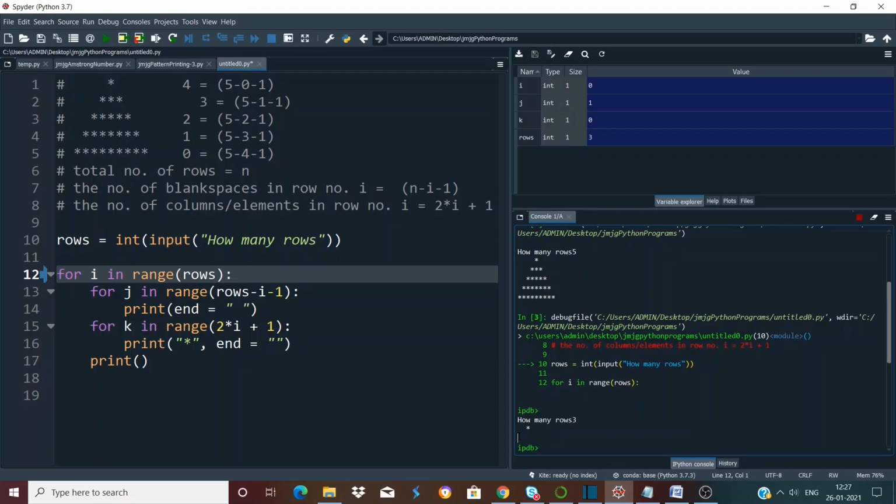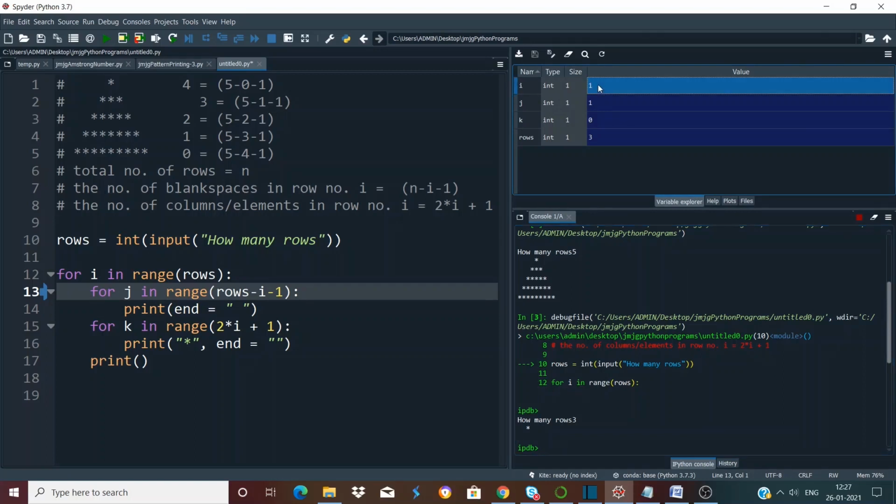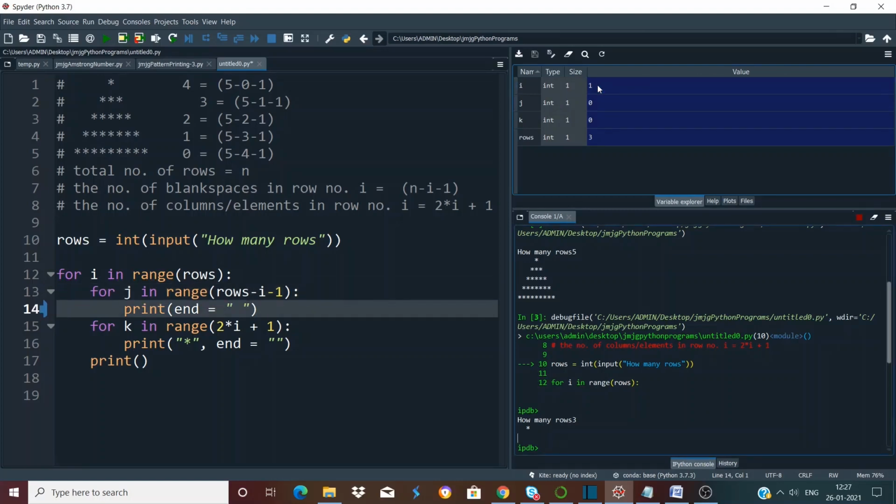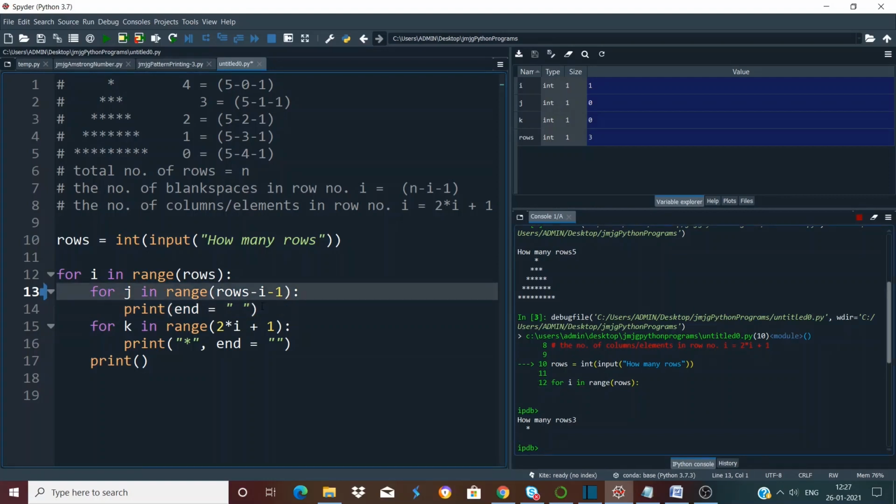So now we will start the second iteration of the outer loop. We press Ctrl+F10, and now you can see the value of i getting changed from 0 to 1, right? Now we will again enter the first inner loop. Currently the value of i is 1, so 3 minus 1 minus 1 will give us 1. So this inner loop will have only one iteration, and in this row only one blank space will be printed. So if we press Ctrl+F10, we have completed the only iteration that the first inner loop has,